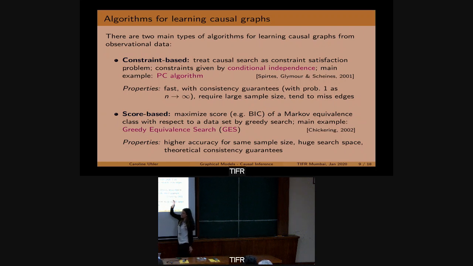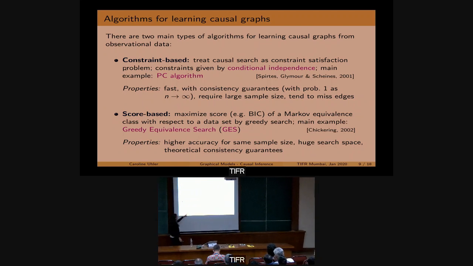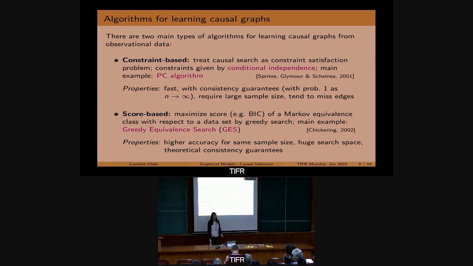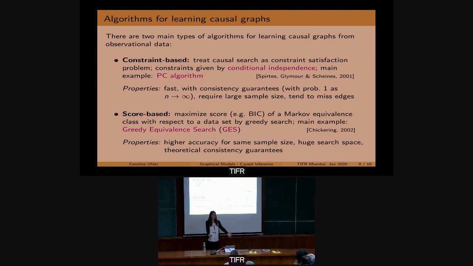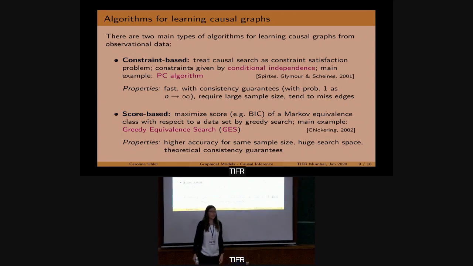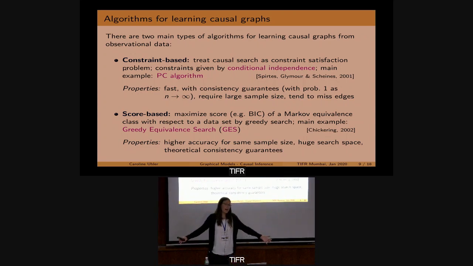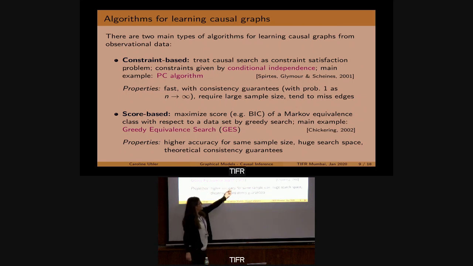Okay, so the other class of algorithms are score-based. Here, usually you take some score, like a penalized likelihood score, a BIC. And so now you want to search over all causal structures and just maximize the score. Well, the space of graphs is huge, so what you do is a greedy search on the space of graphs. The most well-known one here is GES, greedy equivalent search, which is actually